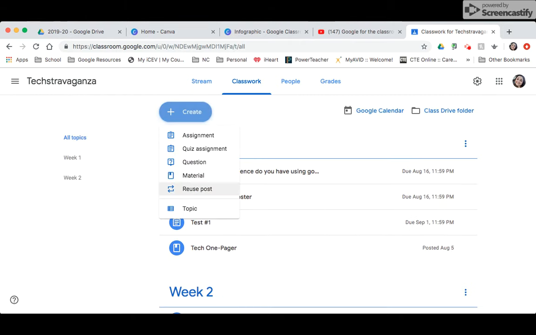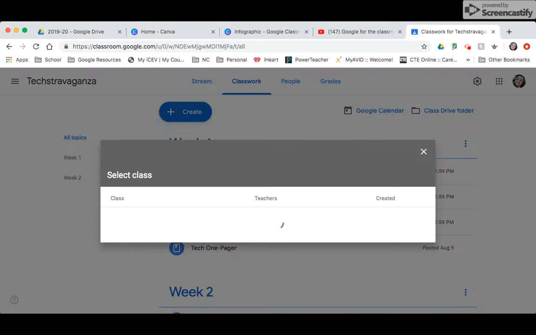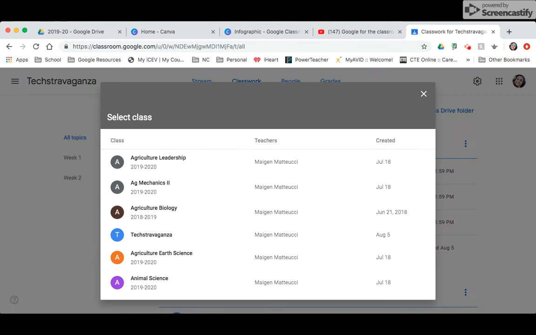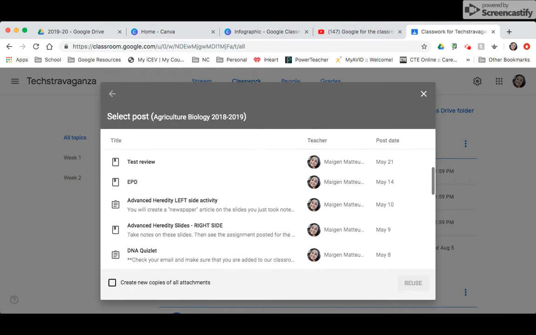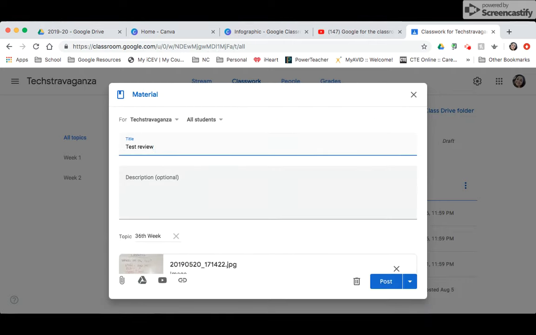And last is you can reuse a post. So you can choose, let's just say, let's go to agricultural biology. And we want to copy the test review. And we want to create new copies of all attachments. Quick test review, reuse. And now we can go ahead and we can edit that. Okay, and I can also change the topic by just pushing the X and going